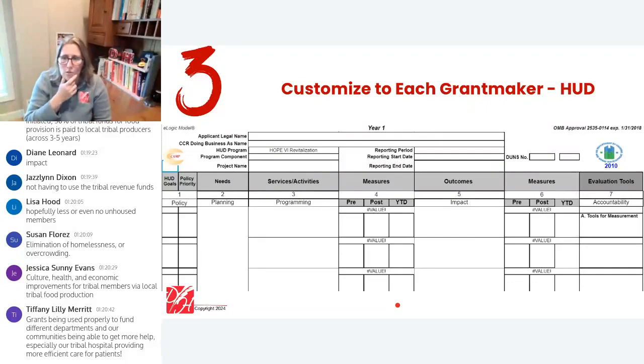Evaluation tools for measurement. Okay, so we did not have it as a specific heading in our logic model, but because you asked each other, as indicated by what, when you were putting your outcomes together, you know what tools you're going to use. You already talked about it. Now you just have to write it in a slightly different structure.